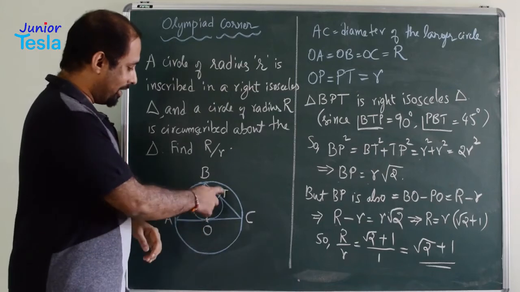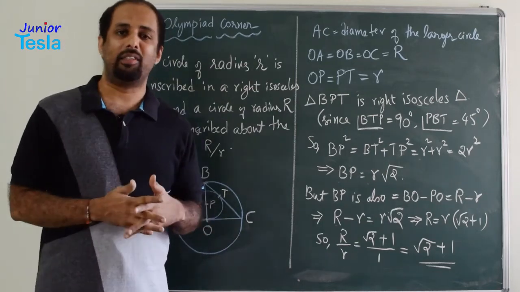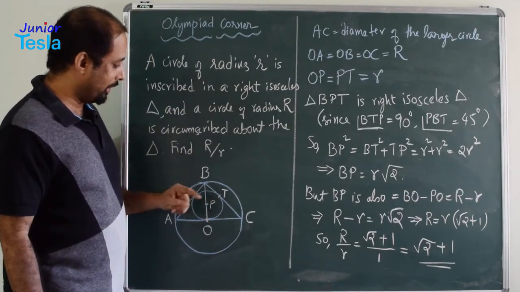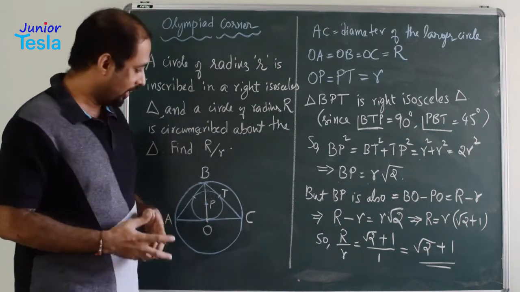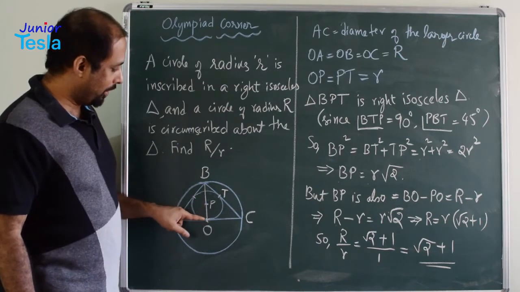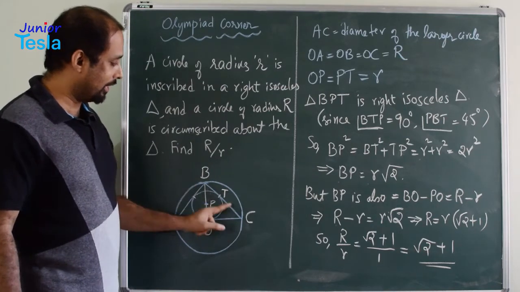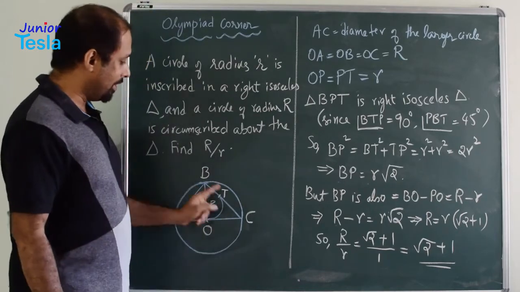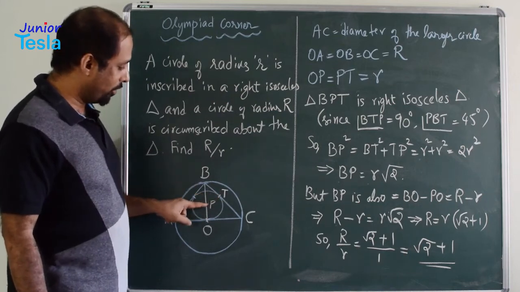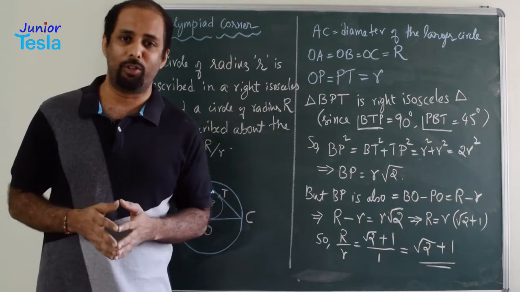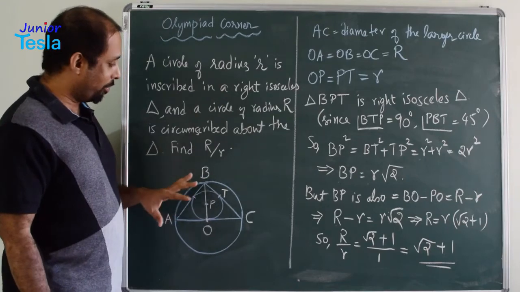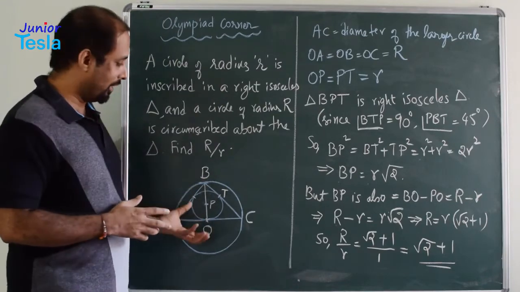Then we have drawn another circle which is inside the triangle. That means it is touching all the three sides of the triangle. So T and Q are two points where the circle is touching the triangle, right? Here PQ is the radius of the smaller circle. So PQ is also equal to PT. Why? Because BC is the tangent for the smaller circle. So if BC is the tangent, T is the point of contact of the tangent to the circle. So PT is also equal to PQ. Therefore PQ equal to PT equal to small r, which is the radius of the smaller circle. So all this information can be drawn from the diagram.